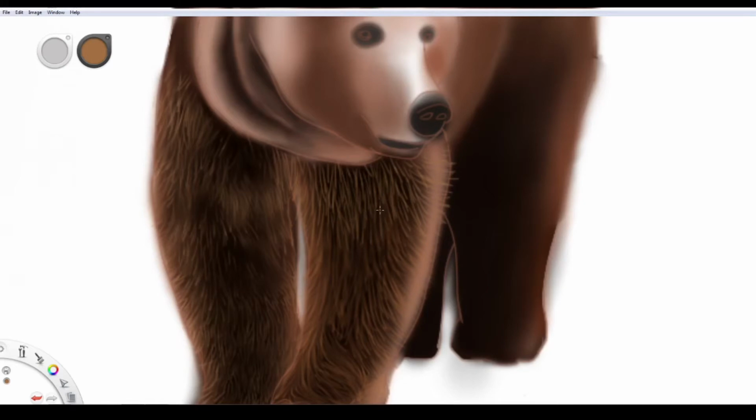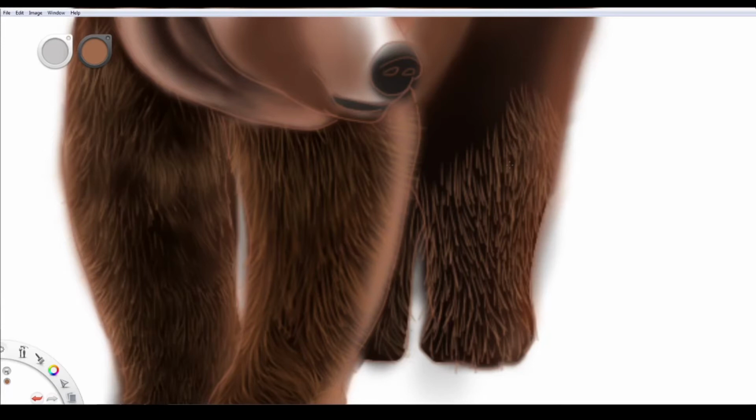Using shades of ochre yellow for hair, and once strokes are done, then smudging it using Smudge Flat Bristle Brush 3. While smudging, I am moving the brush in the direction of the hairs to get a nice blurry effect. See the difference between strokes which I have already smudged and which I am going to smudge. You have to repeat this until the whole body is covered with hair.